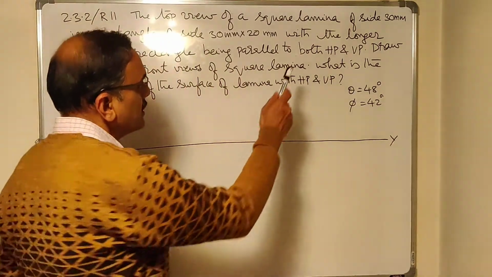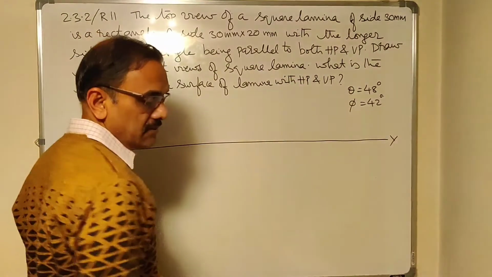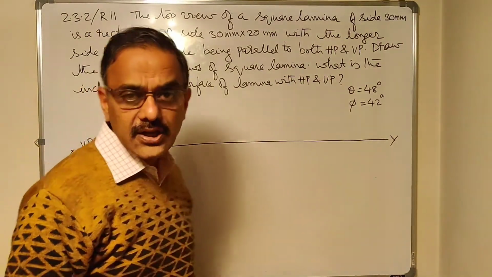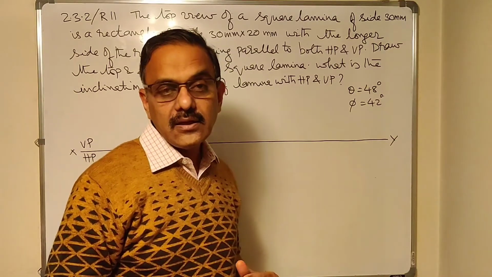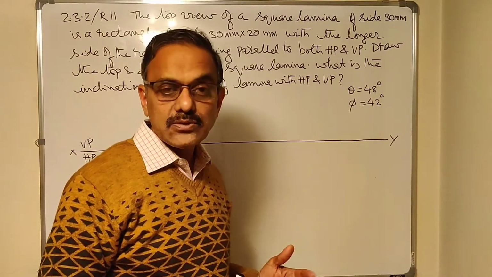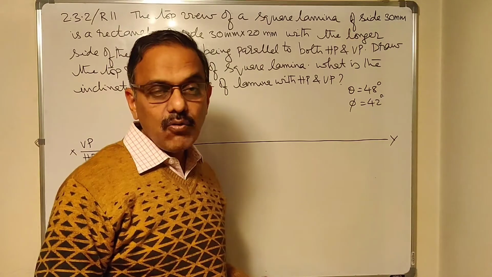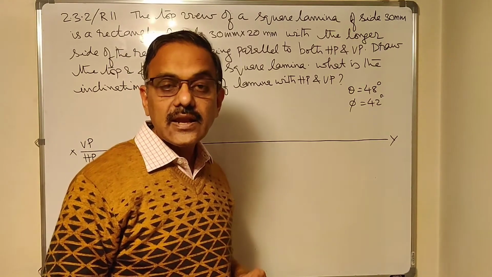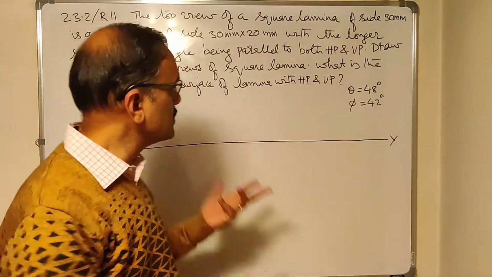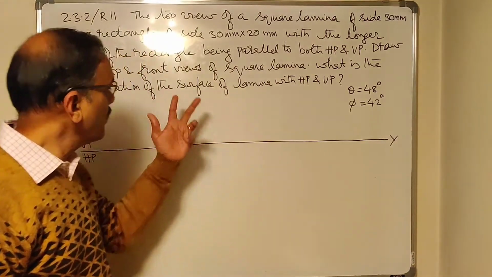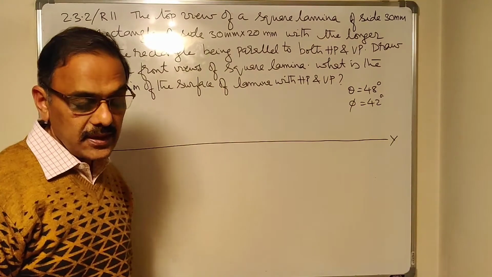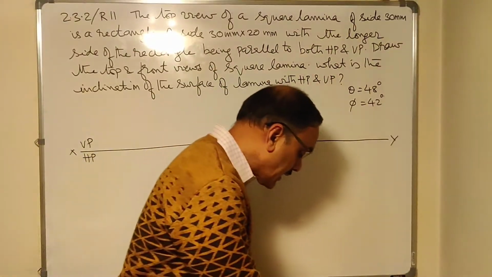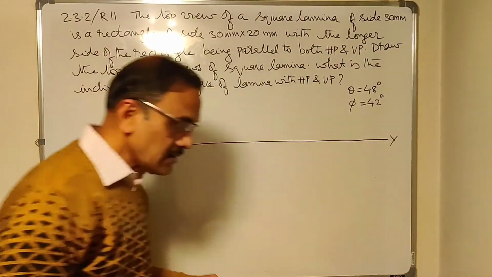It's given the longer edge is parallel to HP here. Parallel to HP or on HP has the same meaning. So one condition is there. One edge parallel to HP or on HP is there. Now what I want is the surface is inclined to HP condition. Where is it? It's not visible. There is nowhere the condition that the surface is inclined to HP. But I can understand it like this.